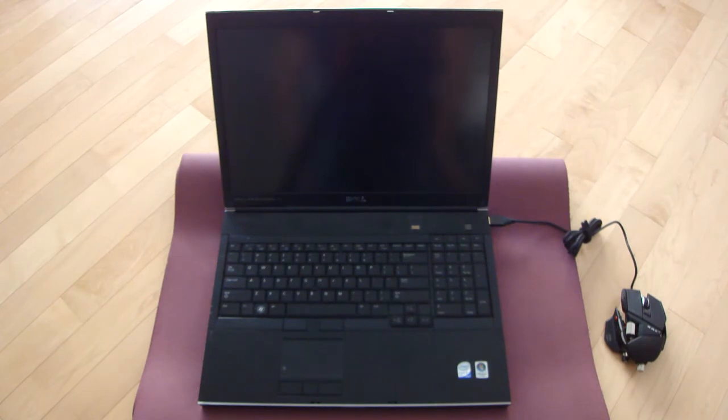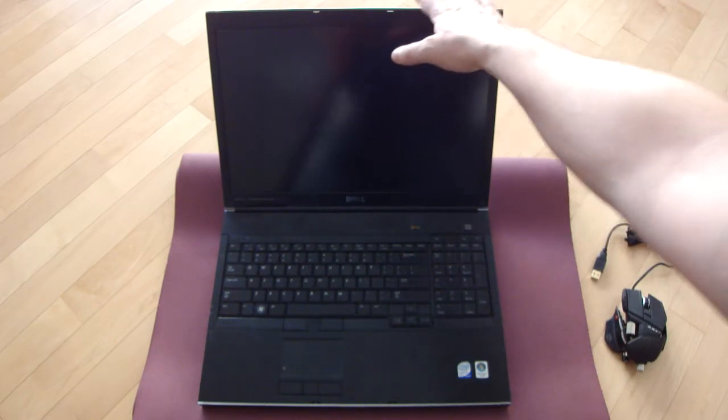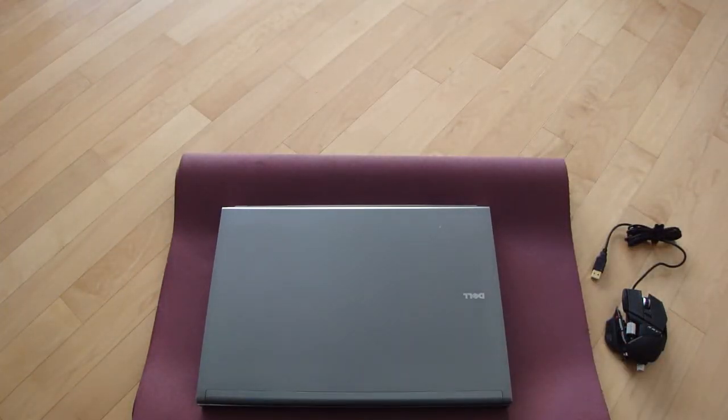Okay, so now the computer is off. There's no power except for the battery. I close the lid, and the reason it's on top of a rubber yoga mat right now is just to simulate the conditions of being in a laptop bag, which is where it would overheat. And so what I'm going to do first is